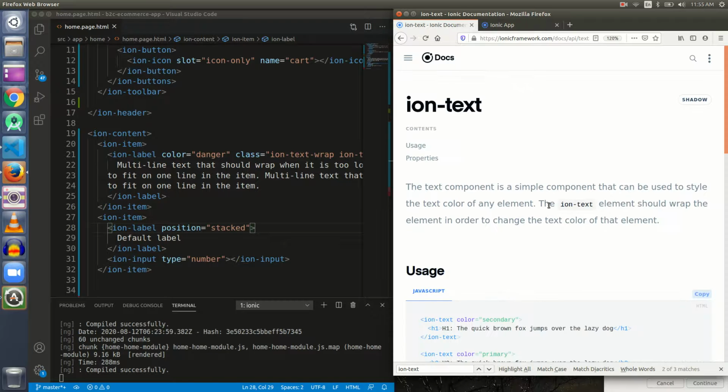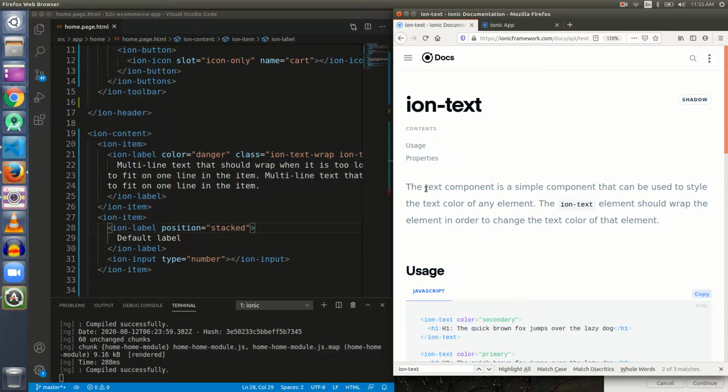You may even confuse yourself with ion-text and ion-label, but when there are 2 or more elements that give you the same thing, you need to have more observation. Just read the Ionic documentation, you will get a clear picture. I was also confused, but when I looked at the ion-text description, everything was crystal clear to me.